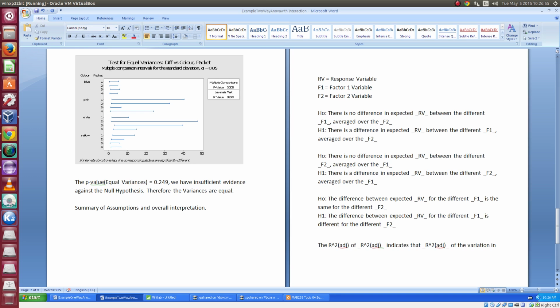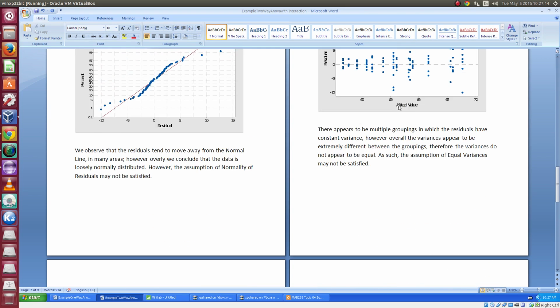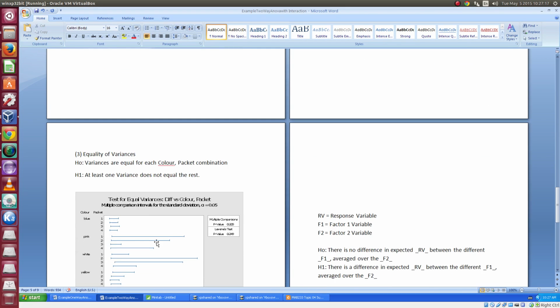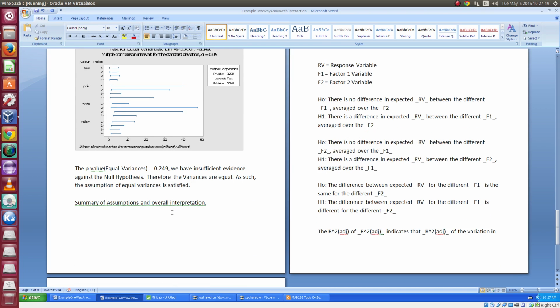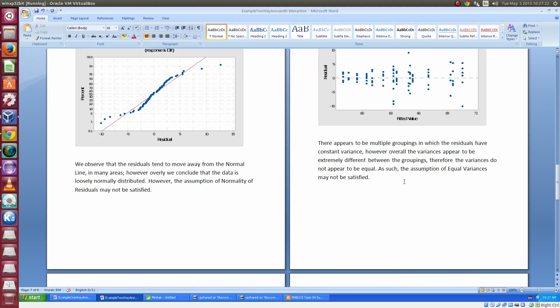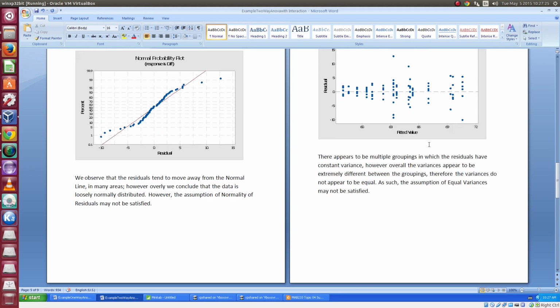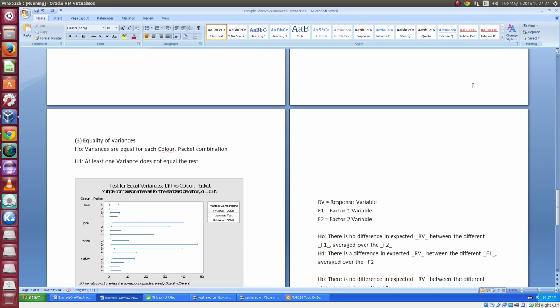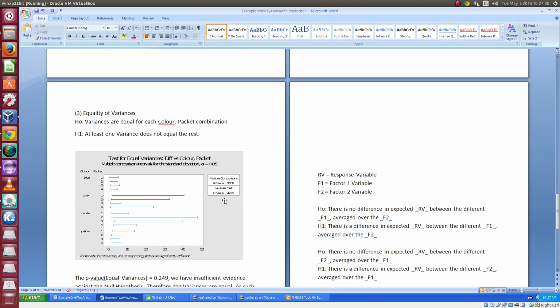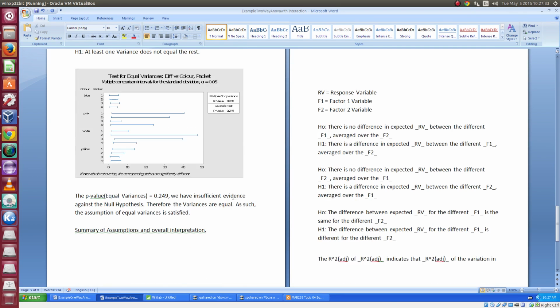And then from here, we just need to have a short summary over this, the assumption. So you can write this in as such: the assumption of equal variances is satisfied. So this is a case, and this will happen quite a bit, where what you think is happening within this sort of graph doesn't actually get translated when you do the formal test. That's fine. You can't look at a graph on its own every time and get the exact interpretation. That's why we don't use graphs on their own. That's why we have these formal tests, because graphs can be incredibly misleading. The result of that p-value is not misleading at all. There is no